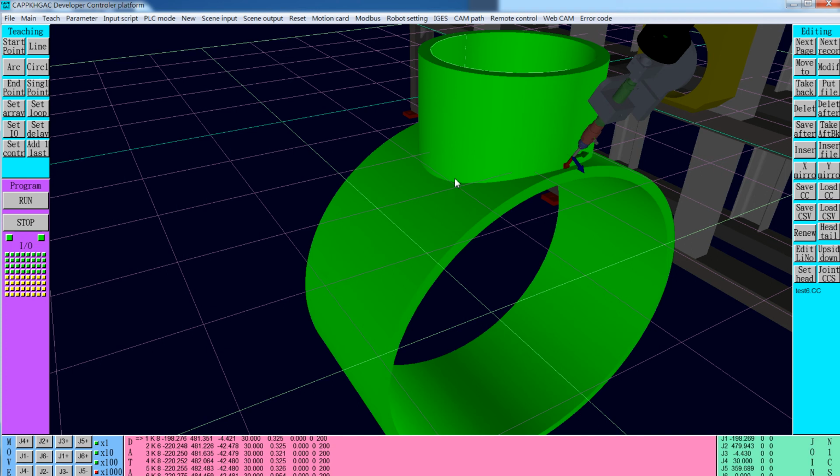This is what we cannot stop. This is a very big disadvantage